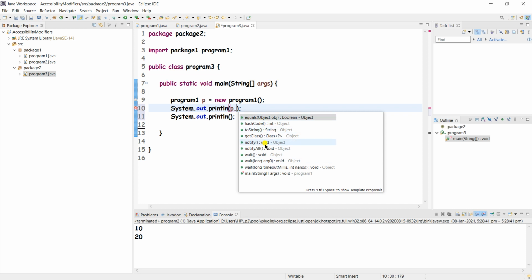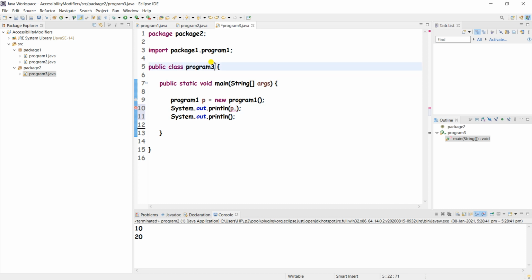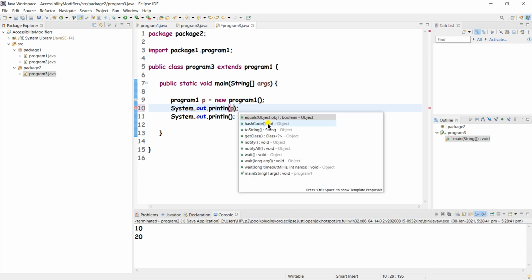no suggestions are coming for a and b because we have not extended that class. So if I extend program 1, then it will give permission to access a and b here.